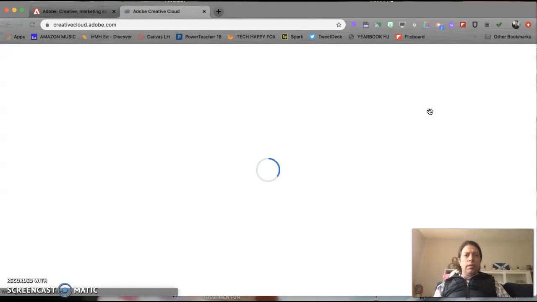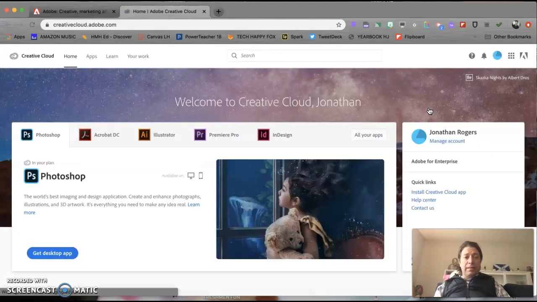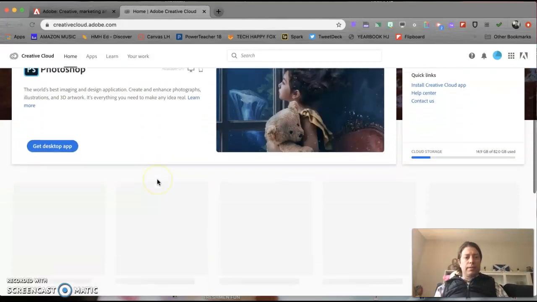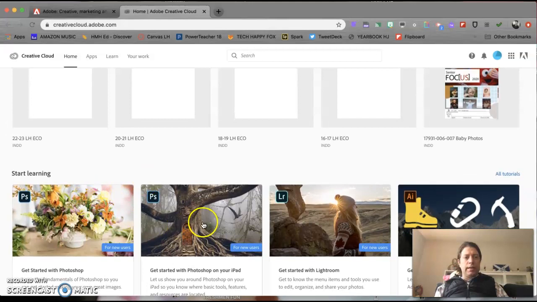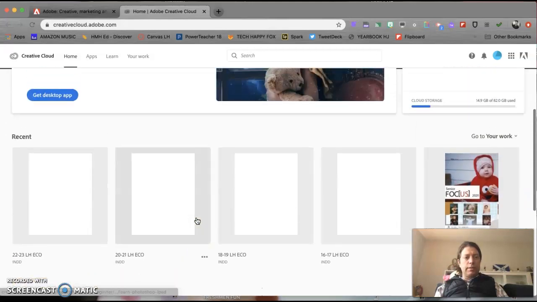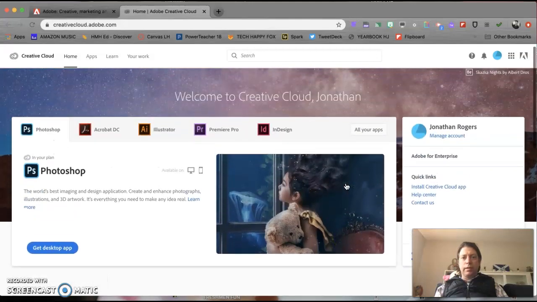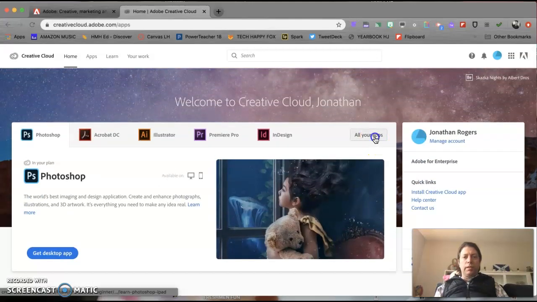All right. In the Creative Cloud apps, one of the best things is that you can download any of these apps and use them on your computer at home. And they also have the learning projects as well as your recent documents that you may have saved in the Creative Cloud. If you click on all your apps,